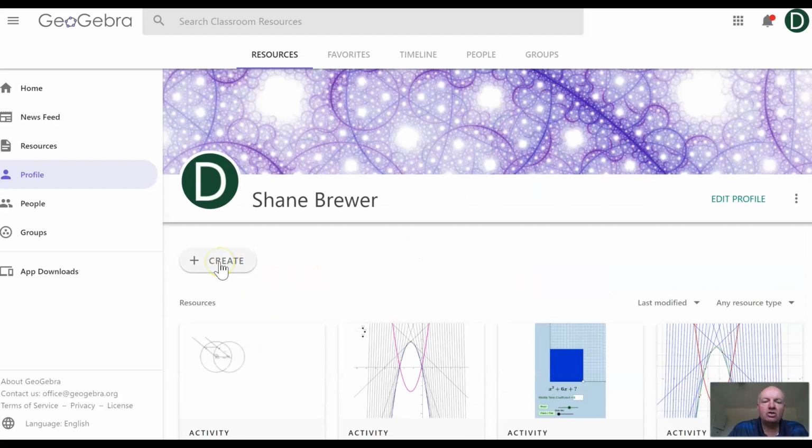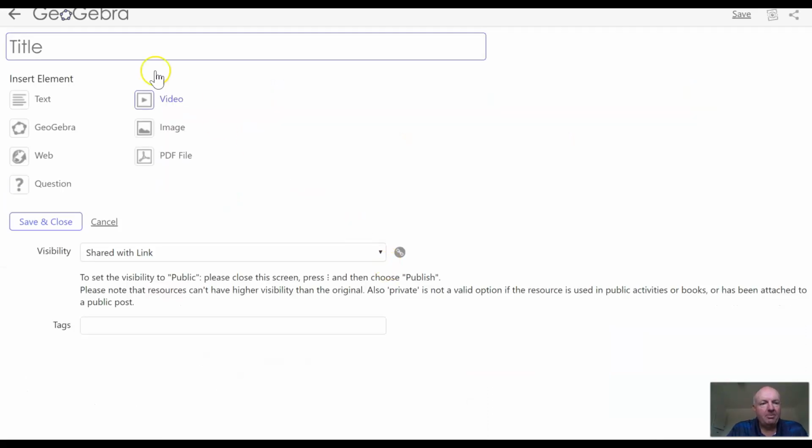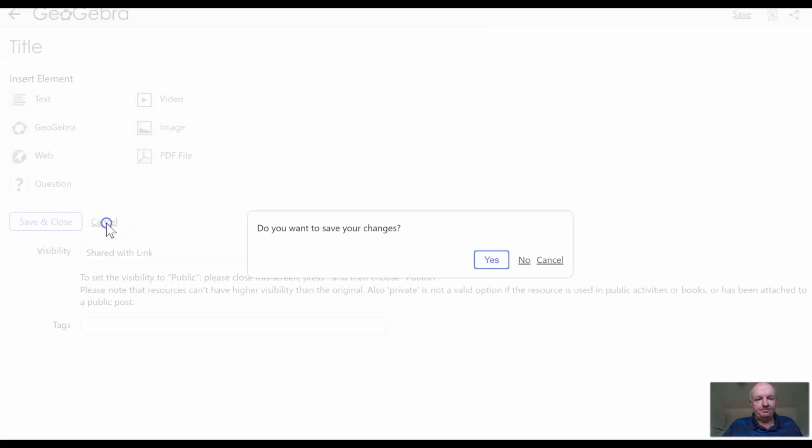However, I could just create an activity separate from my GeoGebra constructions, and I could do that by clicking on create an activity, and then there I can title it, and then I can add all sorts of elements: texts, questions, images, videos, other GeoGebra applets, and so on. So if I wanted to create one in that way using, say, a GeoGebra applet that already exists, I could do that. Now, we're not going to do it that way in this particular case because